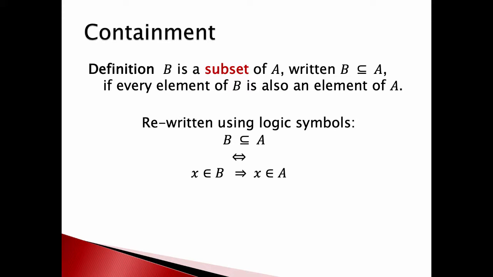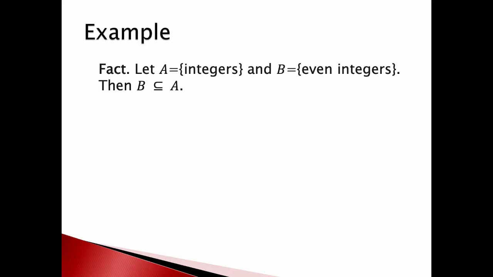When we start writing proofs with sets, writing out exactly what we're doing with logic symbols, we're trying to prove that this implies that. It makes it much easier because now we go, oh, then maybe I need a direct proof to do that, or maybe I need a proof by cases or whatever we need in that particular problem. Here's a particular problem. This is a fact, an obvious thing that takes almost no effort to prove, so we're going to do this one just to get practice at proving it.